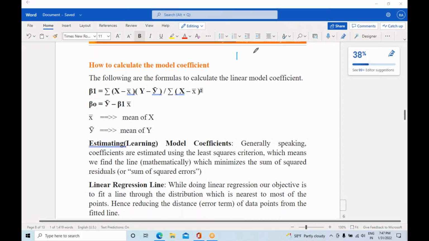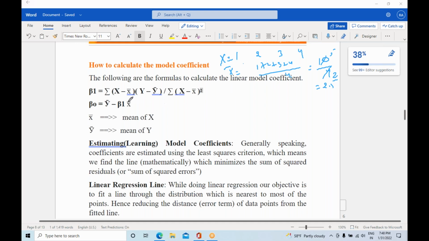You might be thinking, how should I calculate this, right? For example, you have the data 1, 2, 3, 4. Let us consider this is your x data, and I have to calculate the mean for it. So 1 plus 2 plus 3 plus 4, divided by 4, how much should it be, guys? 4 plus 2, 6, 10. 10 by 4, it's 2.5. So my mean value is 2.5, right?